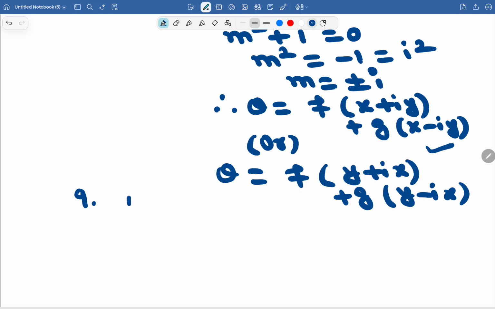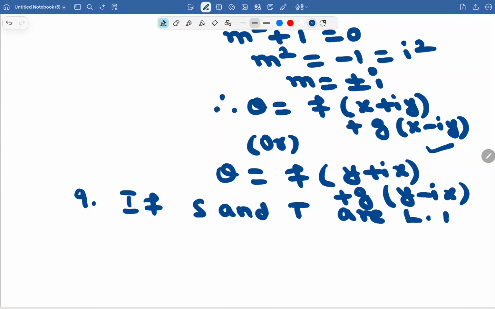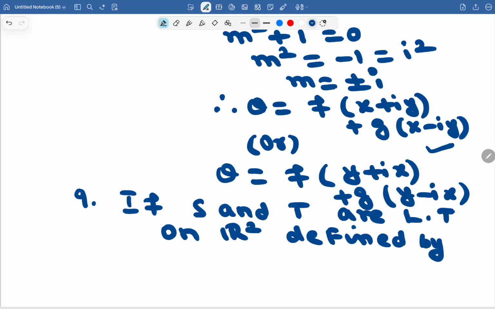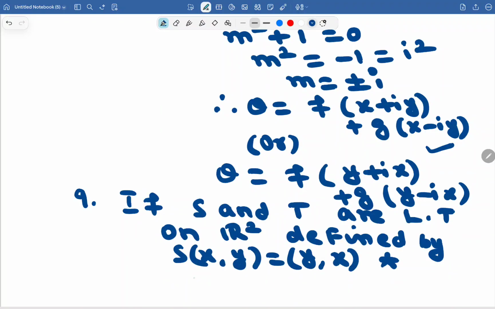Ninth one: if S and T are linear transformations on R2, defined by S of x comma y as y comma x and T of x comma y as 0 comma x, then